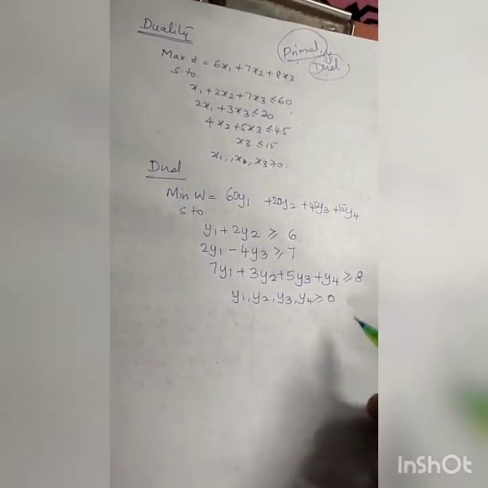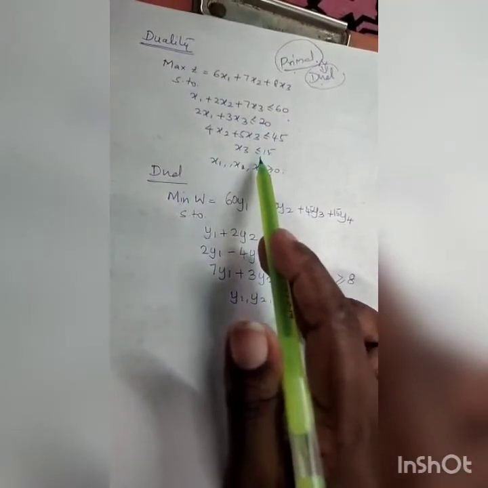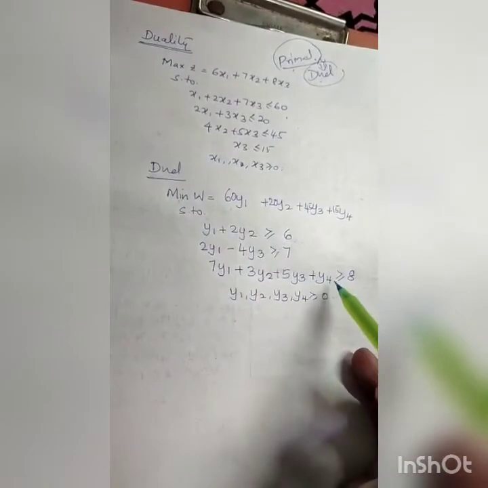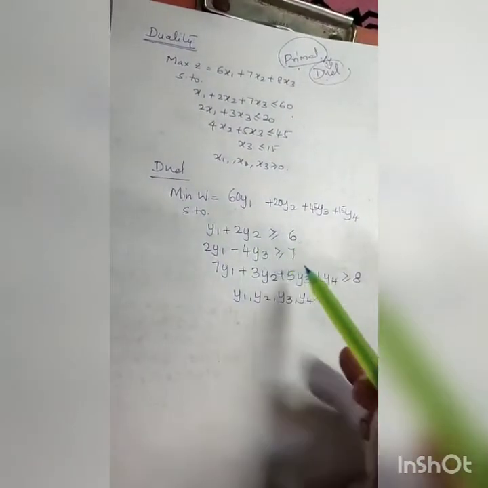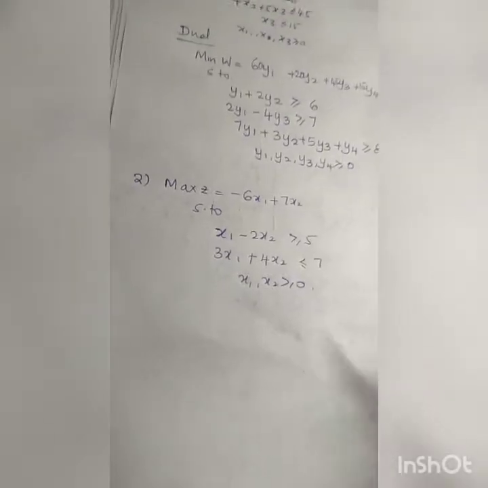Now you may ask me why we are going to consider this as less than or equal to only. If this is less than or equal to, it doesn't matter, the dual constraint will always be greater than or equal to if it is a minimum problem. If dual is minimum, it's going to be greater than or equal to. But this will change. We are going to consider the second problem.